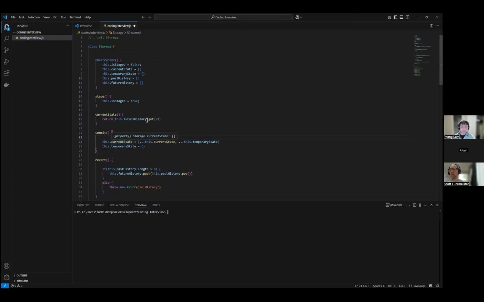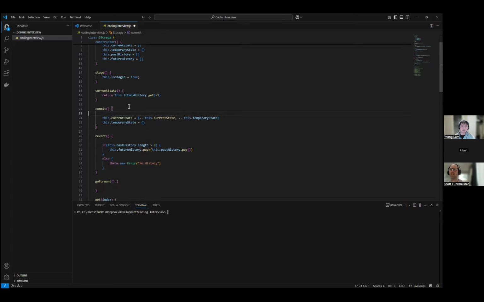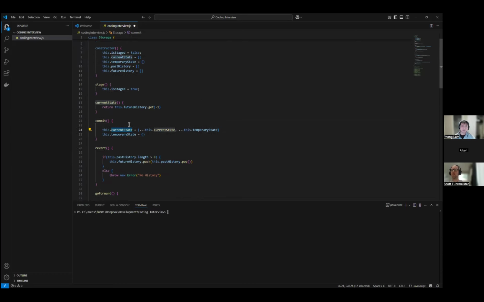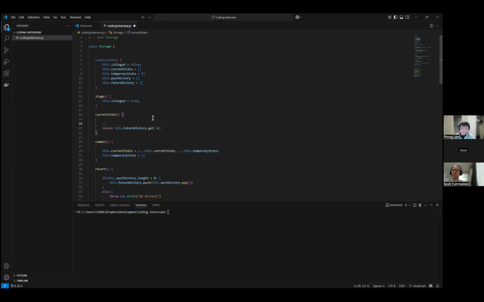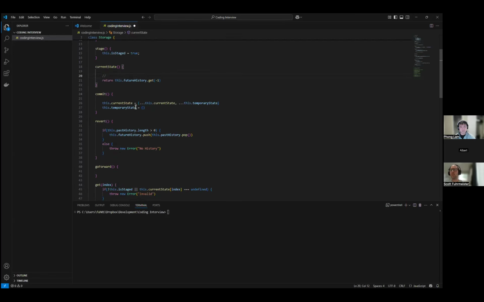I don't think I have to store current state anymore because I can just use the last one. You don't have to store it. In here I'd have to do some sort of check if it exists. Otherwise, I can't remember what that returns. I think it returns undefined. With this line here, I actually don't need that. Oh no, I still need it.